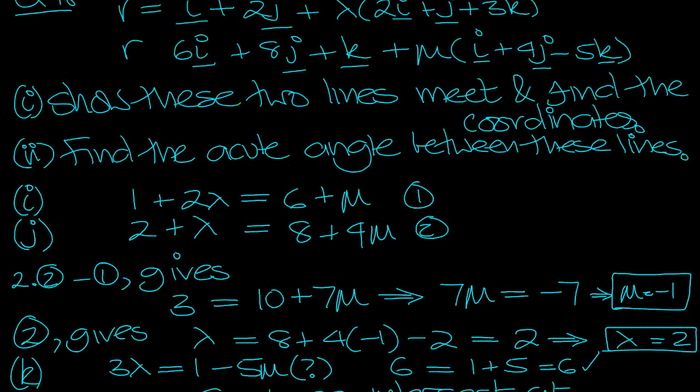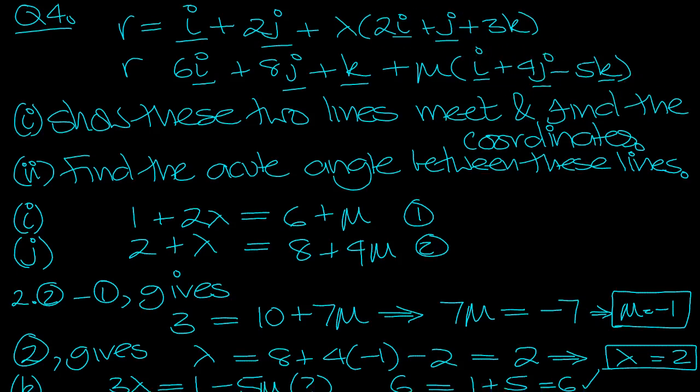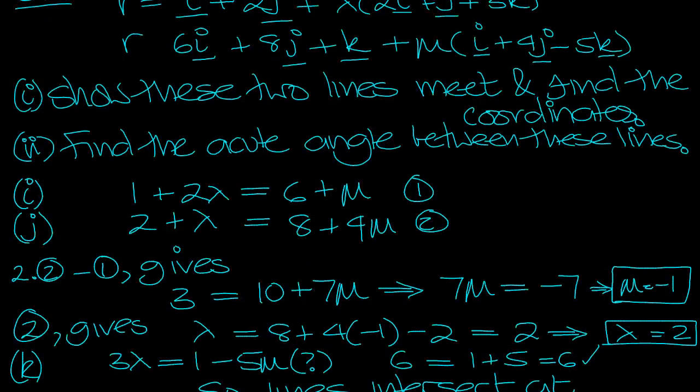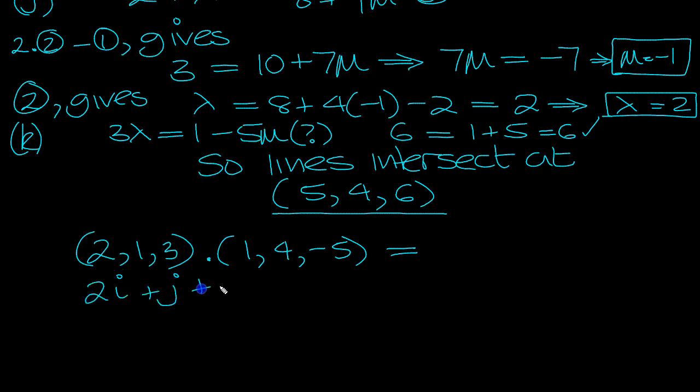Now it says find the acute angle between these lines. Well, let's use the dot product here for these two directional vectors. 2, 1, 3 and 1, 4, minus 5. 2, 1, 3 dot product with, I've just written its coordinates, 1, 4, minus 5. I'm going to write this as vectors, 2i plus j plus 3k dot product with i plus 4j minus 5k